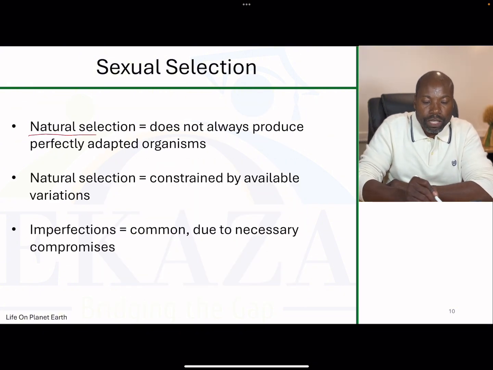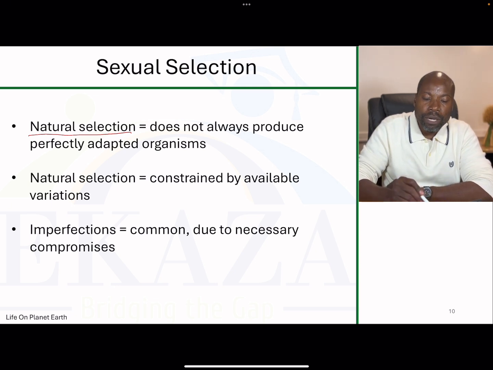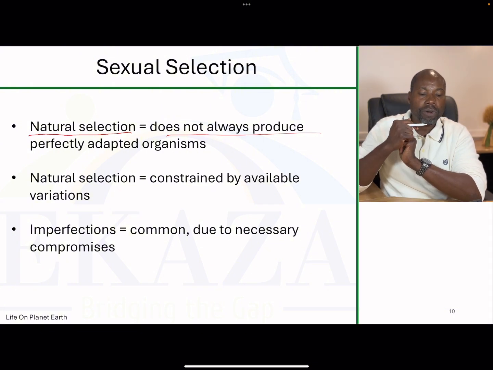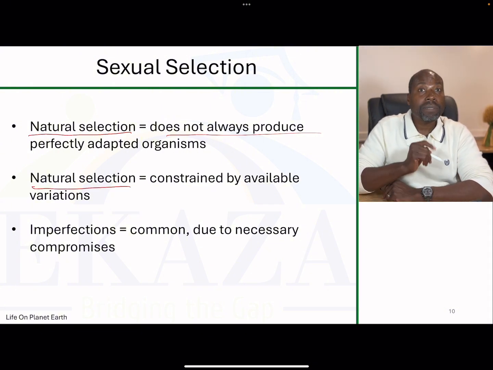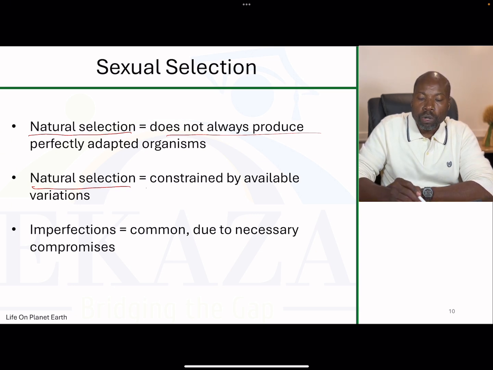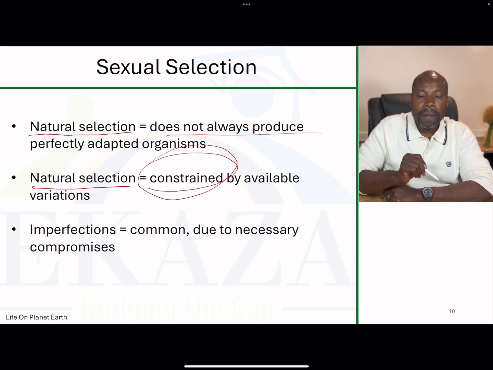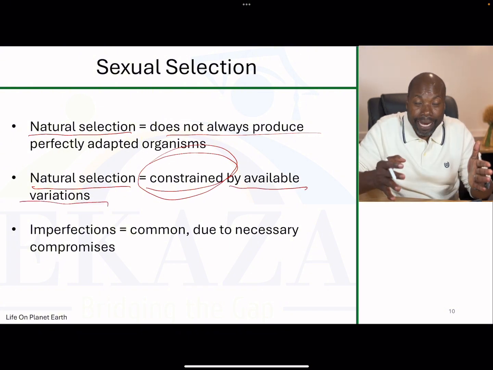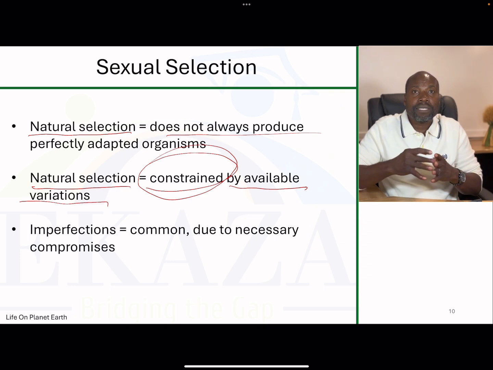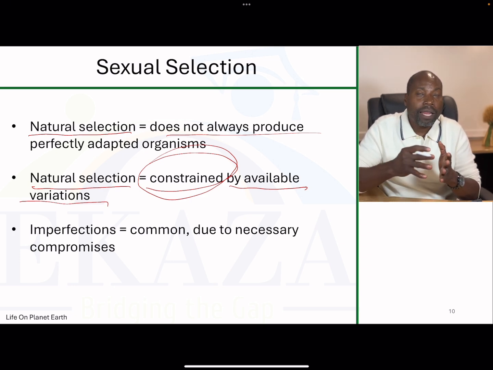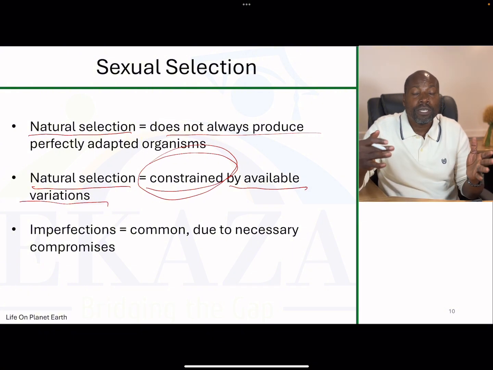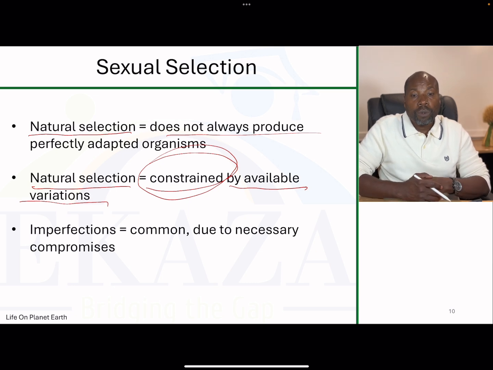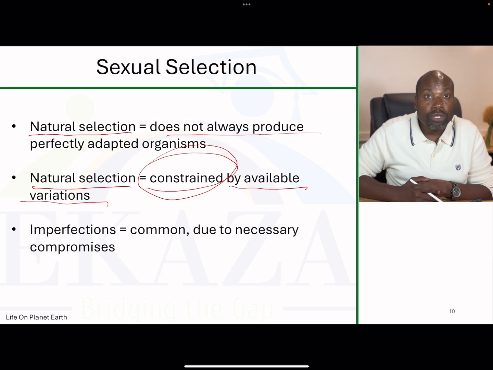Okay, natural selection does not always produce perfectly adapted organisms. That is very important to remember. Natural selection is sometimes constrained by available variations. So basically, what is there? Okay, if there is no particular variation there, well, there is nothing to do to make that variation be there, right? Okay, so this is going to be the case because sometimes